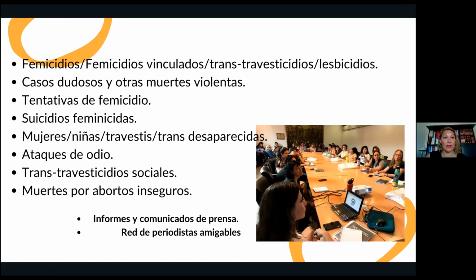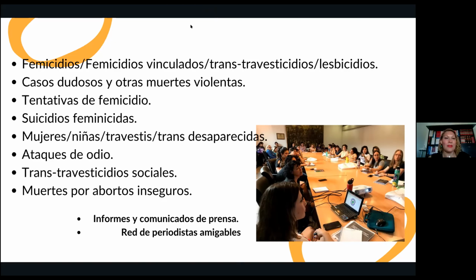We also have cases of violent deaths of women, transvestites and trans people that are not necessarily associated with an emotional bond or relationship to the perpetrator, but are more to do with the extreme violence and vulnerability faced by people related to gender issues and diversity, and there's one specific aspect of hate crime against the